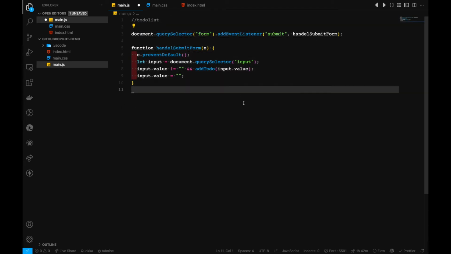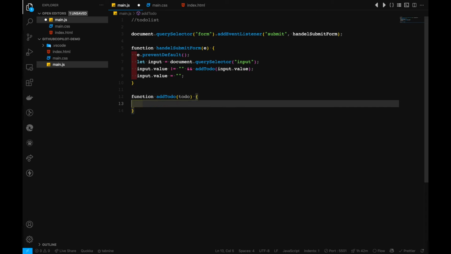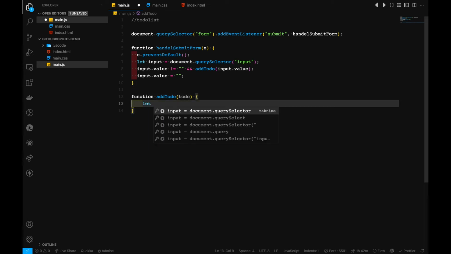Okay, so when we wrote our function, we made use of GitHub Copilot, and obviously we disregarded some of the code, and we took into consideration some of the code and took the great things out of it. Which is pretty much great for now. So I will create another function which we haven't created yet, which is this particular function addTodo. So function addTodo will take in the todo as a parameter, and inside this function I will create